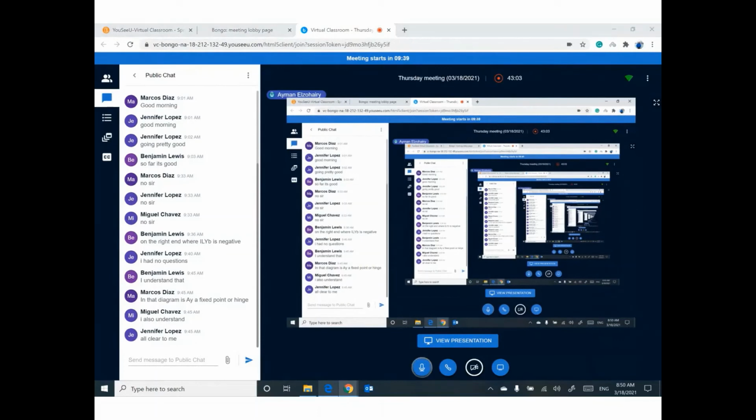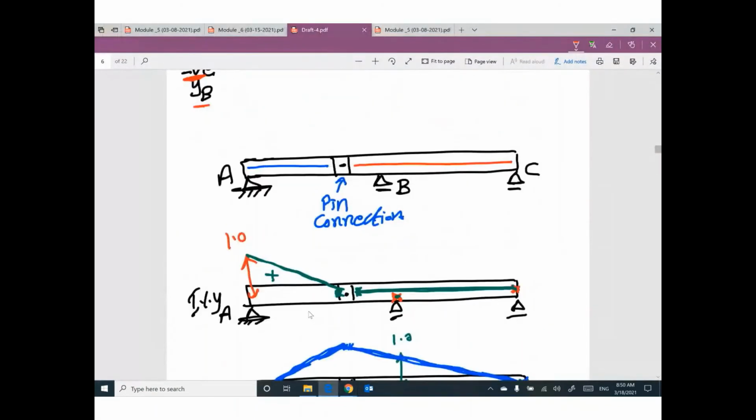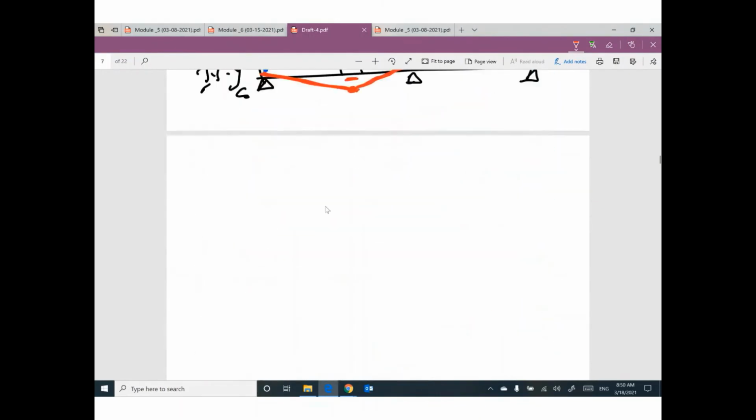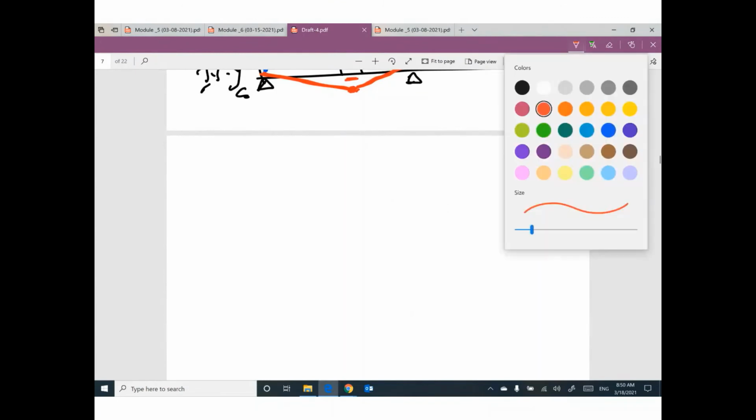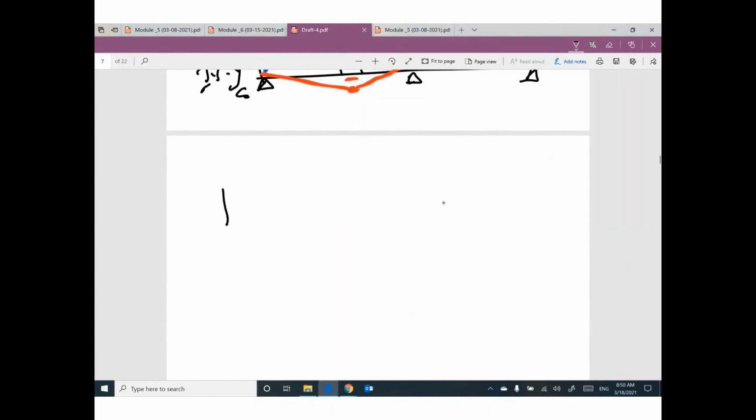No, we don't have fixed. We have hinge. Fixed is a different story. We have roller and we have roller. If you have fixed like this, for example,